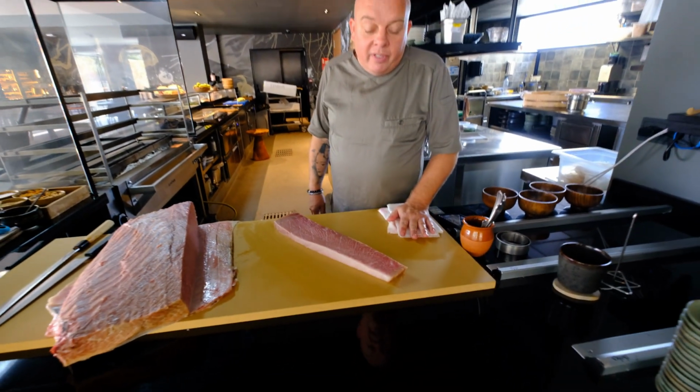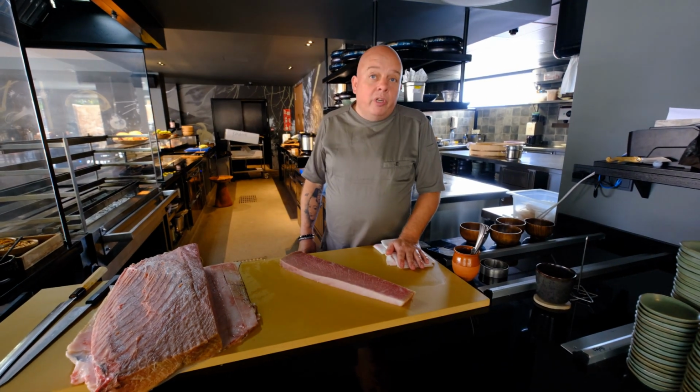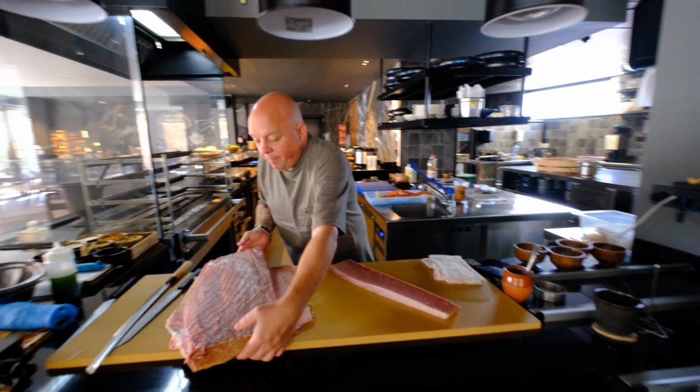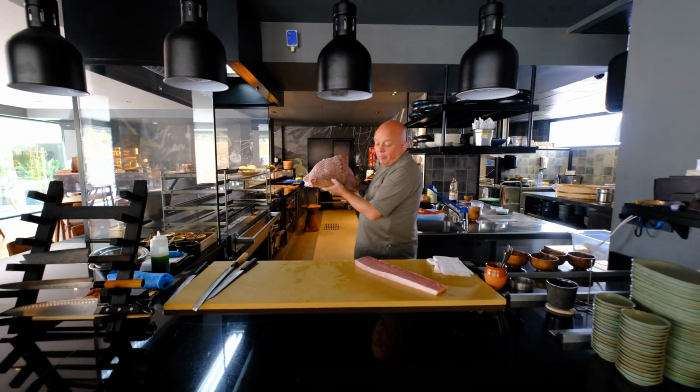So this one we age for 10 days, and then it gives this nice umami flavor and nice structure which we need for our dishes. So I'm going to put this away, and we leave this piece here for the next couple of